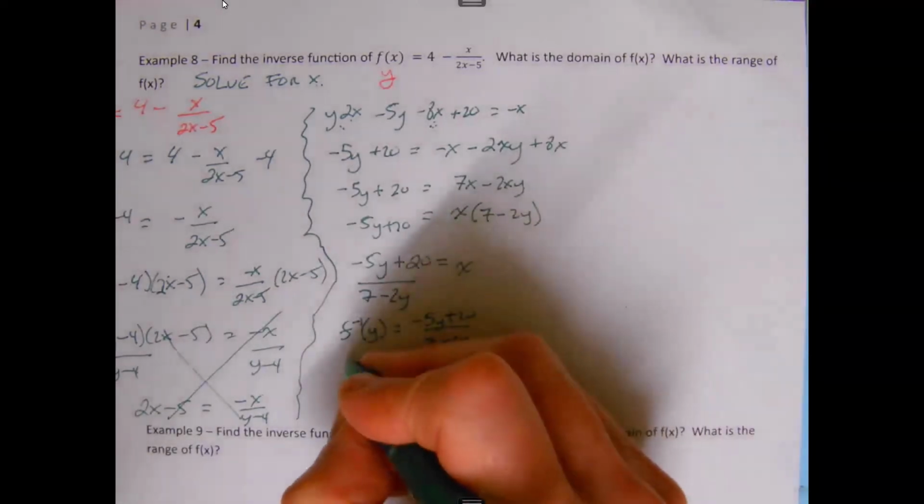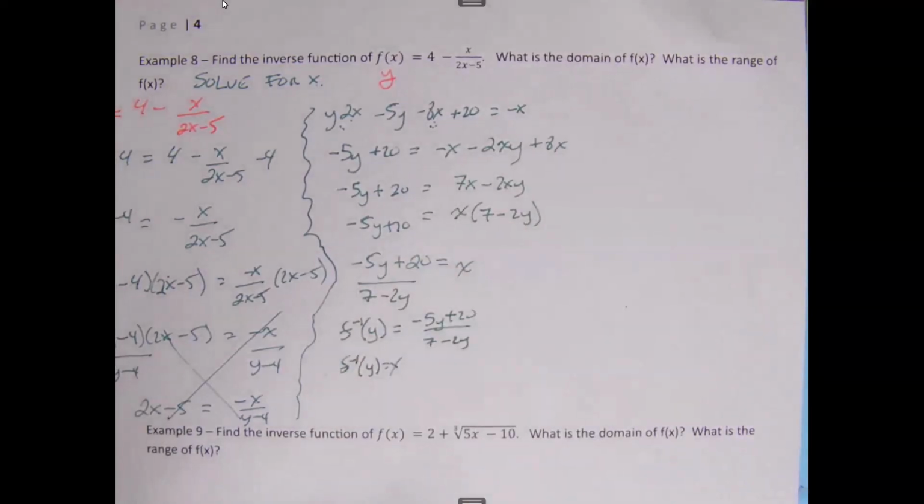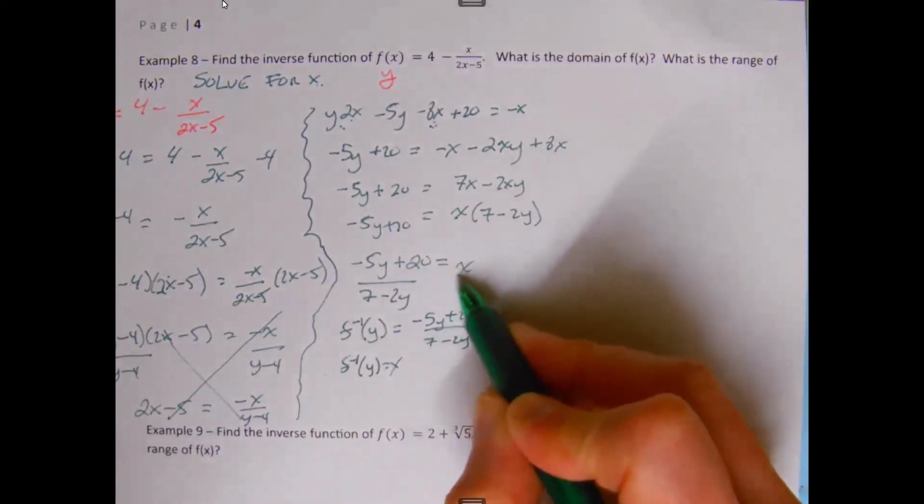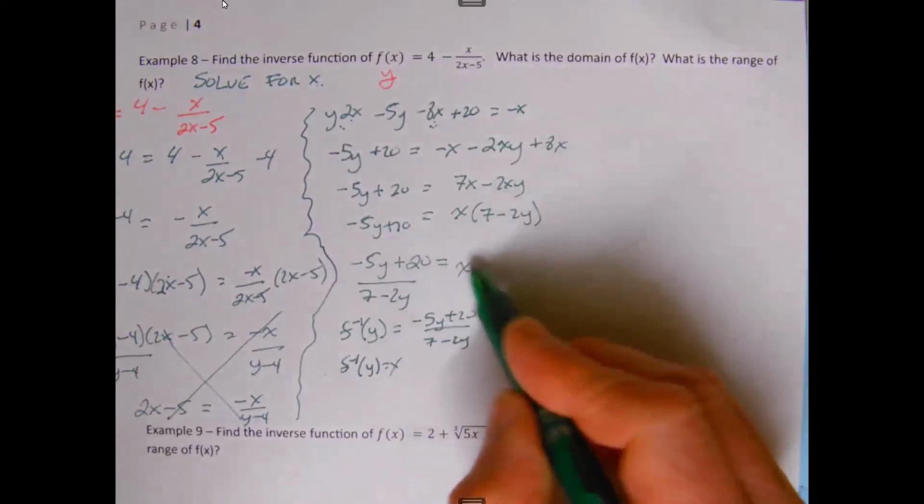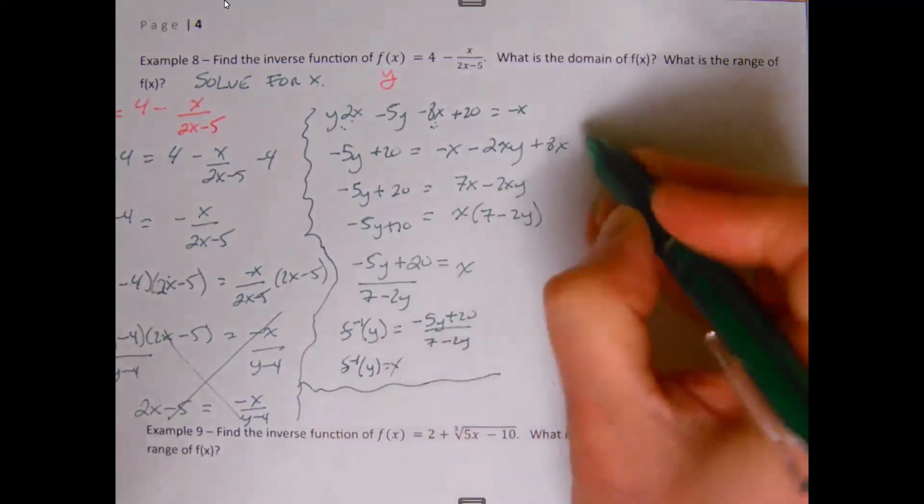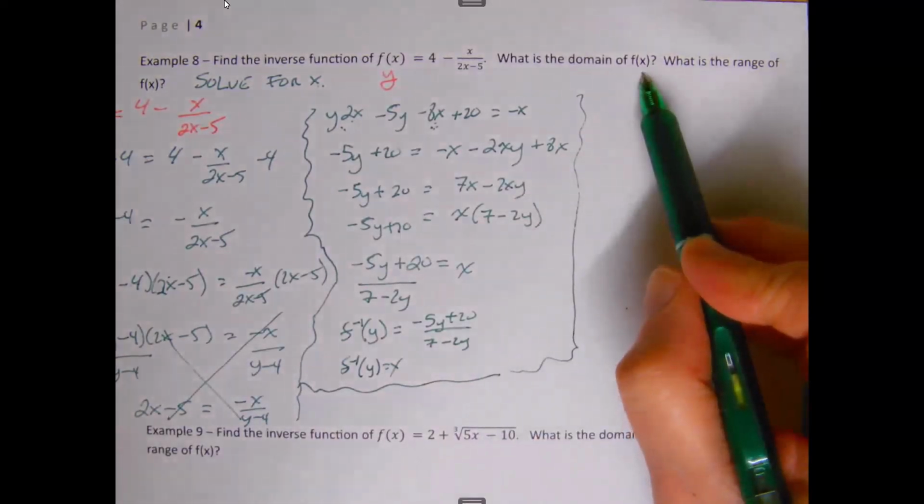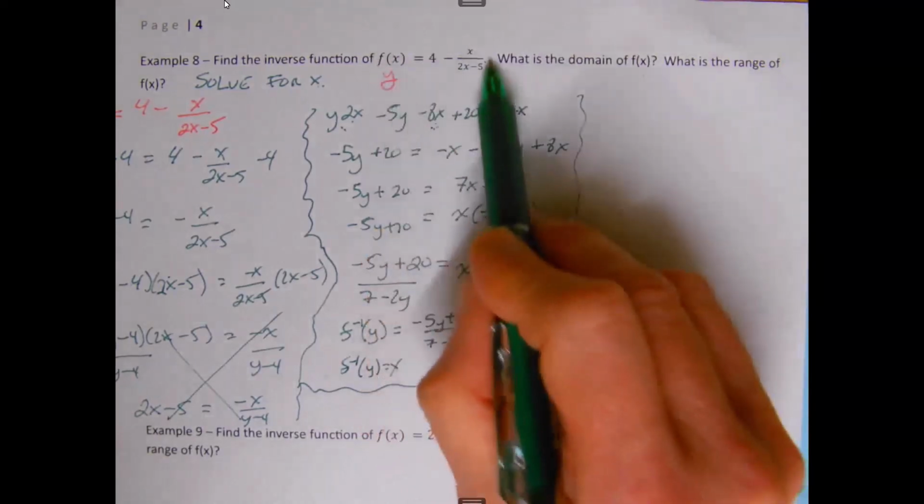And again, right now what we have is f inverse of y is equal to x. That's what this whole thing represents, x, and that's what it's saying right here. But it's also the inverse function. Okay, so we've done it. We found x, and now we're saying, hey, what is the domain of f of x? Well, if I'm looking for the domain of f of x,